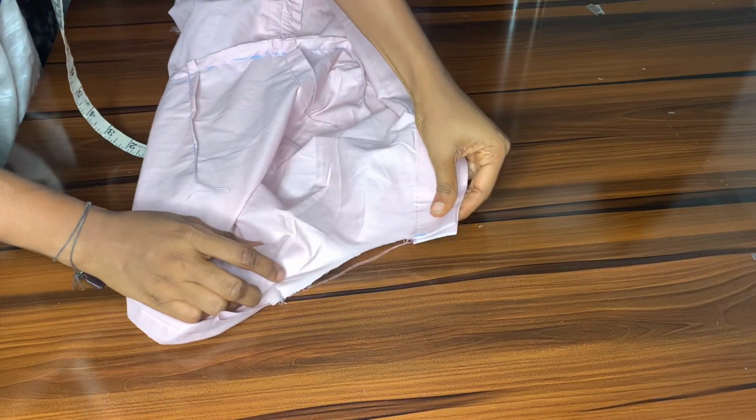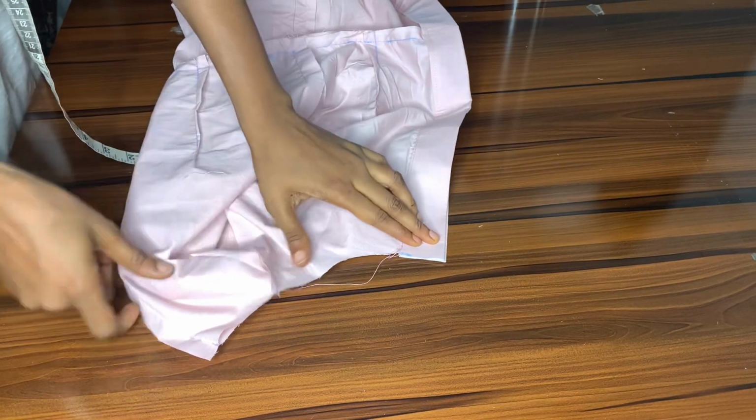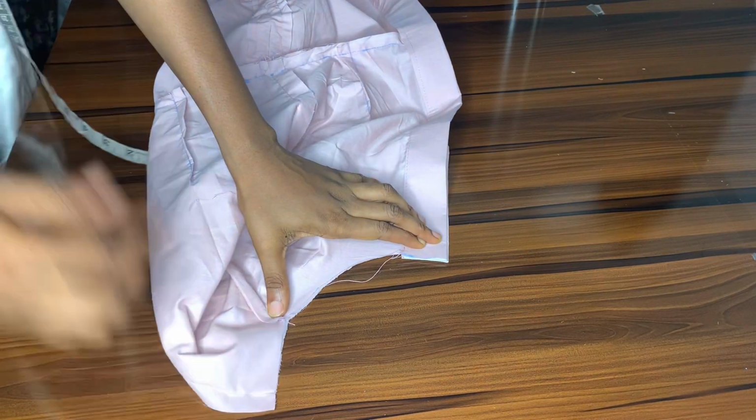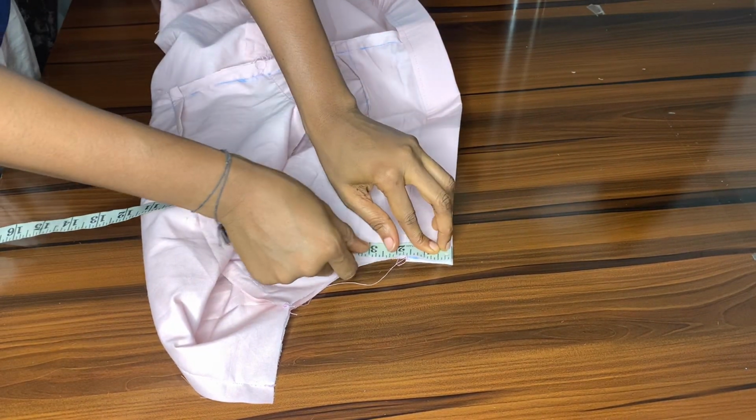So today, just like the thumbnail said, we'll be drafting the shirt collar. To do that, first of all, you're going to fold your neck into two, and then you're going to get the measurement from the button placket all the way to the seam, not the allowance, just the seam on the neckline. If yours does not have a seam, that's from the placket all the way to the center back,